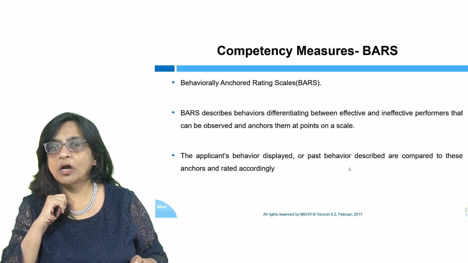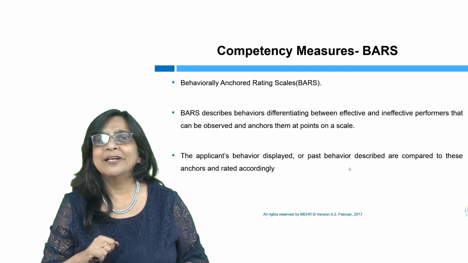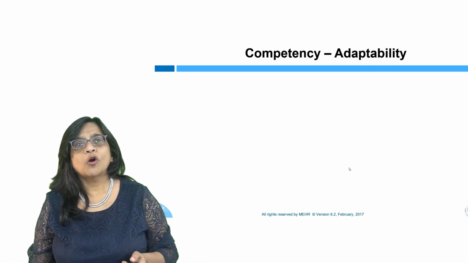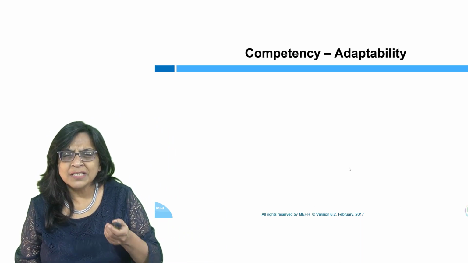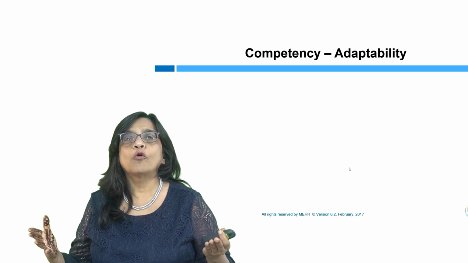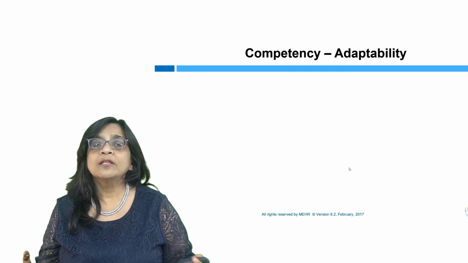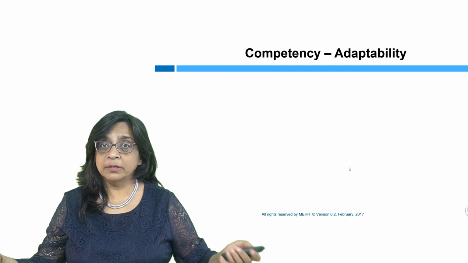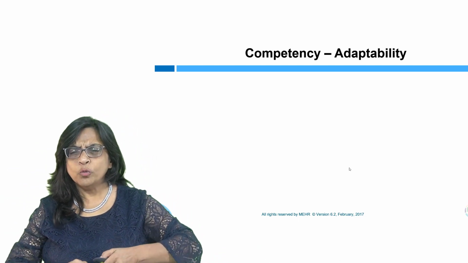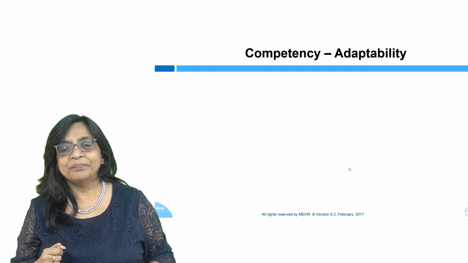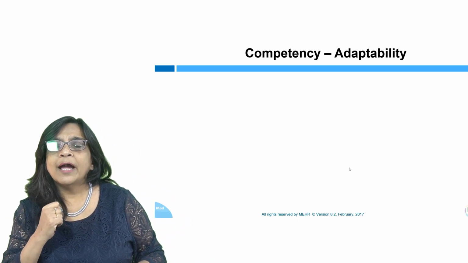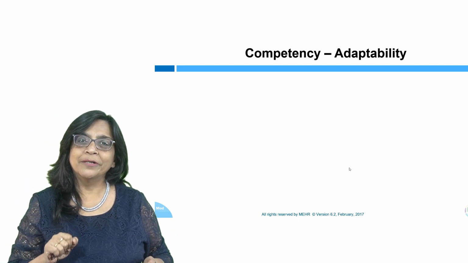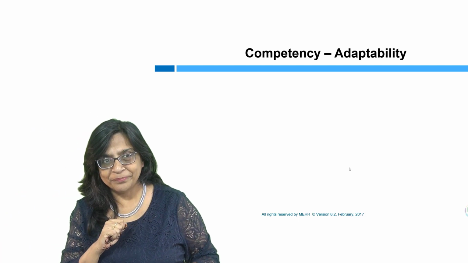Now this sounds like a lot of jargon, right? So let us just do a little quick exercise to understand how this works. Let's look at the competency adaptability. Now this is one of the key things which we look for in today's world. Can the person adapt to a changing environment? Can the person adapt to changing markets, different scenarios? Can he think differently? Can he quickly make decisions in the market? Right? How do these people react? How do you measure whether the person has been successful at adaptability in his or her life?